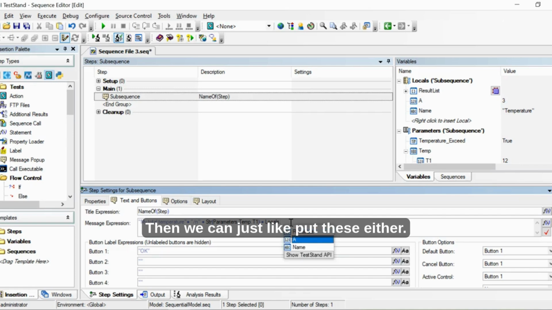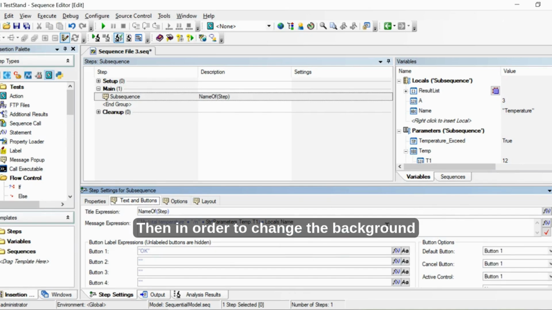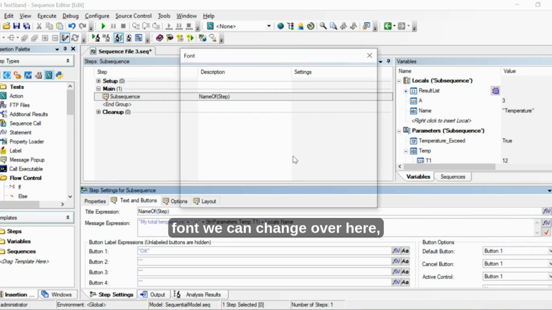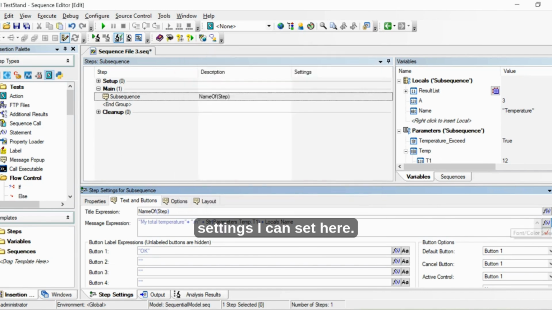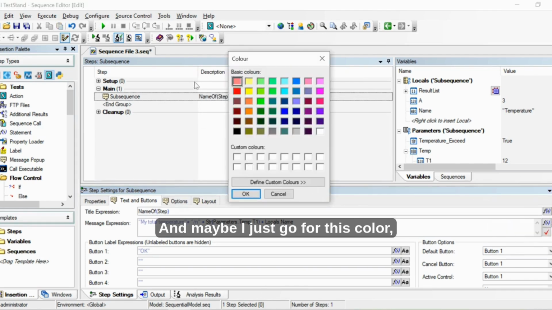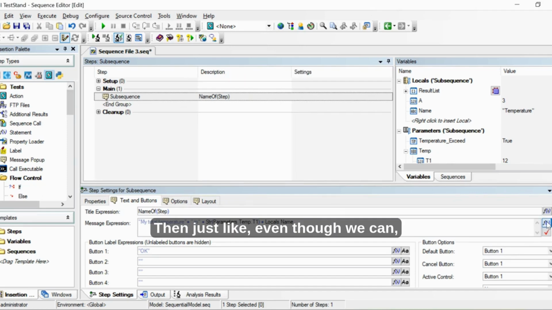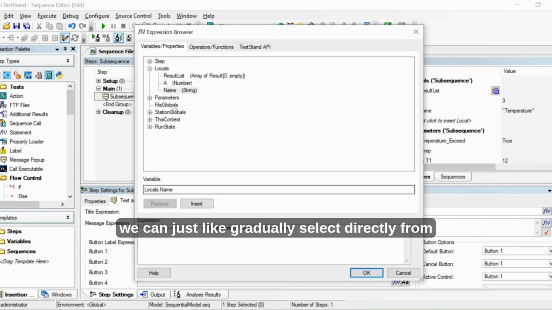Then we can just, pretty easy there. So this is the functionality. Then in order to change the background or the font or everything, the font we can change over here, maybe 12, and background settings I can set here, maybe I just go for this color. Yeah, then instead of typing, we can just gradually select directly from the